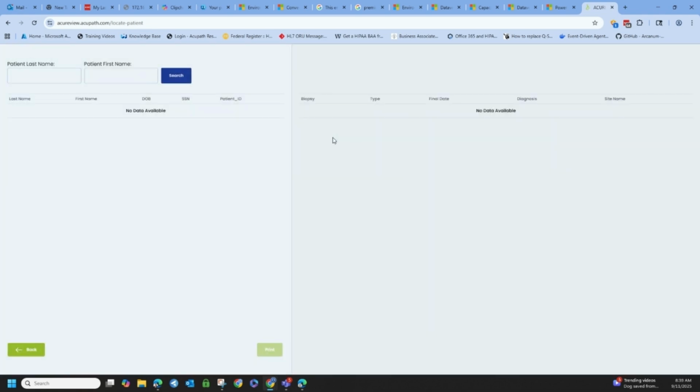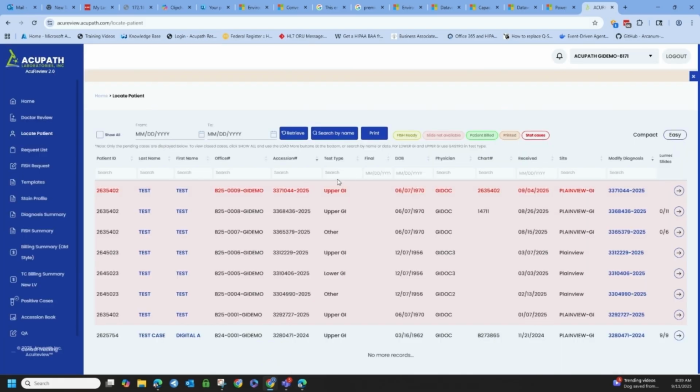We have search by name. If you click that, you could search for a patient's last name and first name. It opens up that little box. Print allows us to print the list. And then next to the list, we have the color coding legend that sort of explains what the different colors